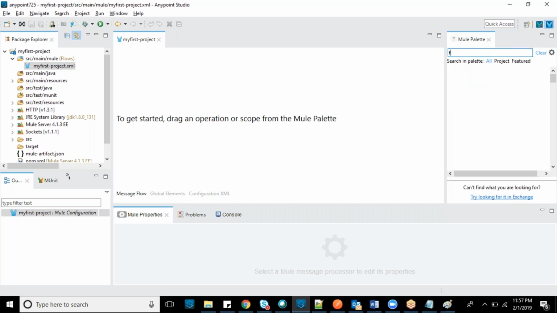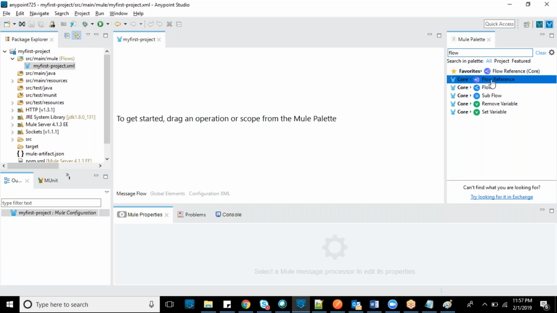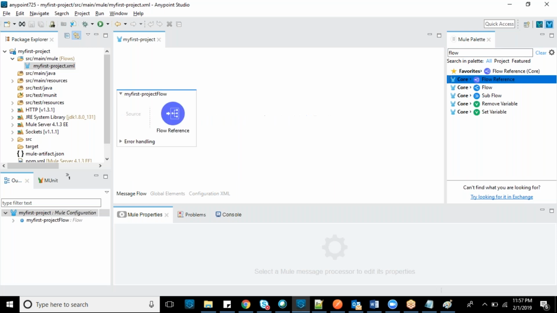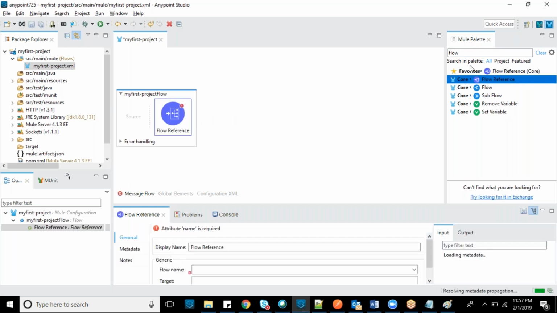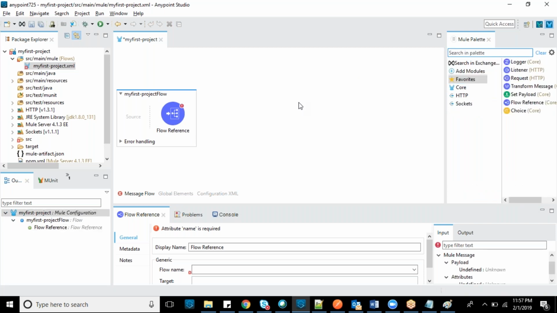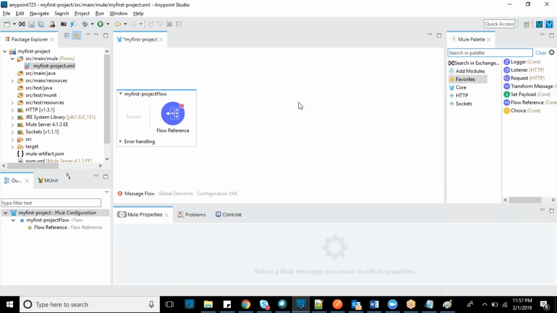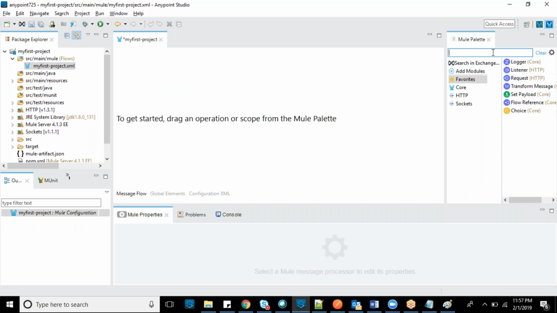In Mule, everything is a flow. You type what you want, flow. I want flow, core, take the flow reference, drag and drop. You saw what I did, I just clicked on this and dragged and dropped it over here. For example, if you want to do it one more time, flow.